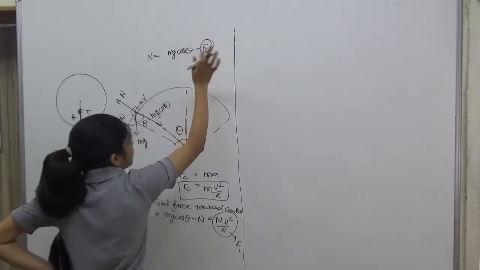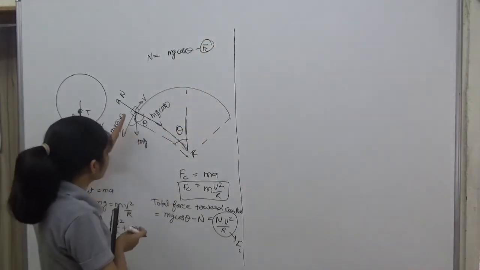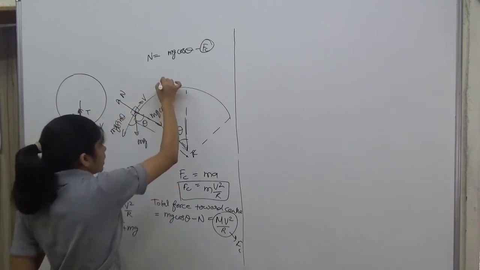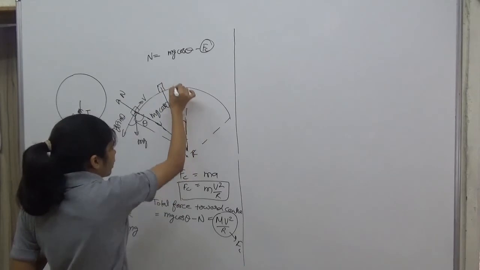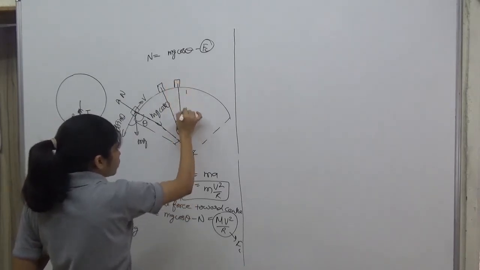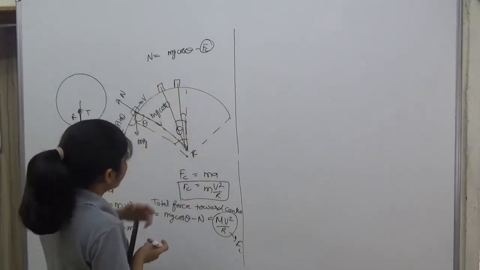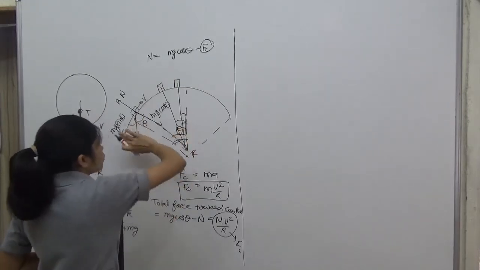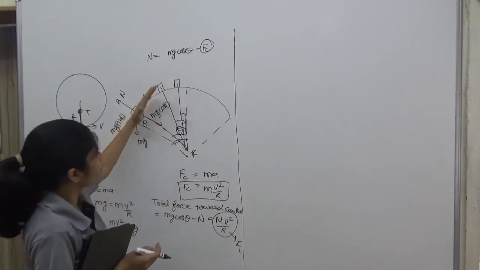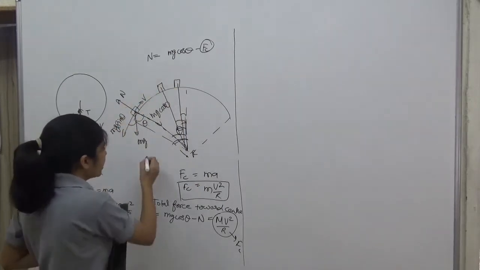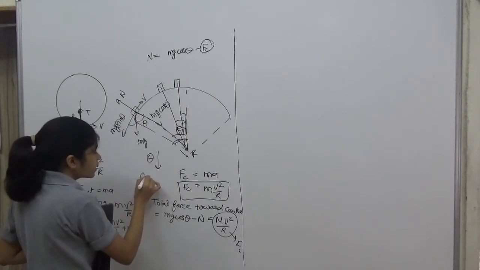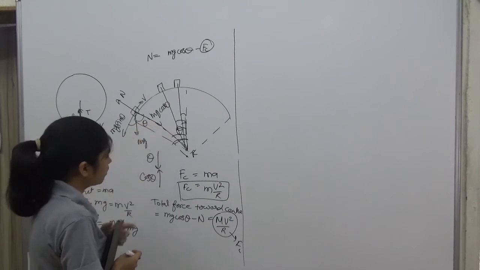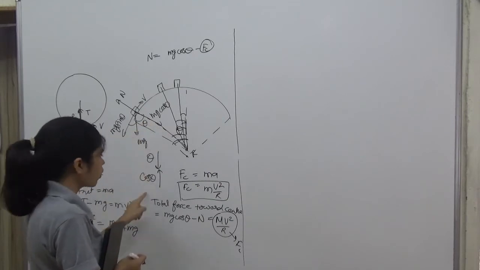This is a constant. So अब यहाँ पे वेरिएबल क्या है? When this vehicle will move like this, धीरे धीरे क्या होगा? जब यहाँ पे जाएंगे तो एंगल क्या हो गया? छोटा हो गया. फिर यहाँ पे जाएंगे तो एंगल और क्या हो गया? छोटा हो गया. Theta we are taking from the vertical. So initially theta was like this, फिर decreased. So when the body is ascending on the overbridge, theta is decreasing, cos theta will increase. ठीक है?